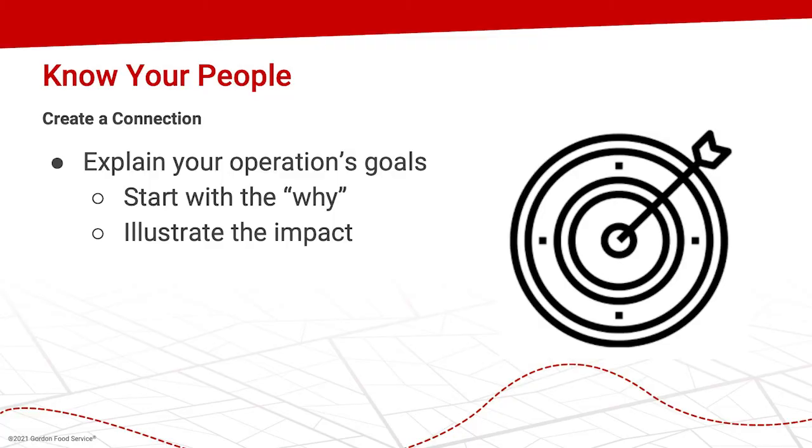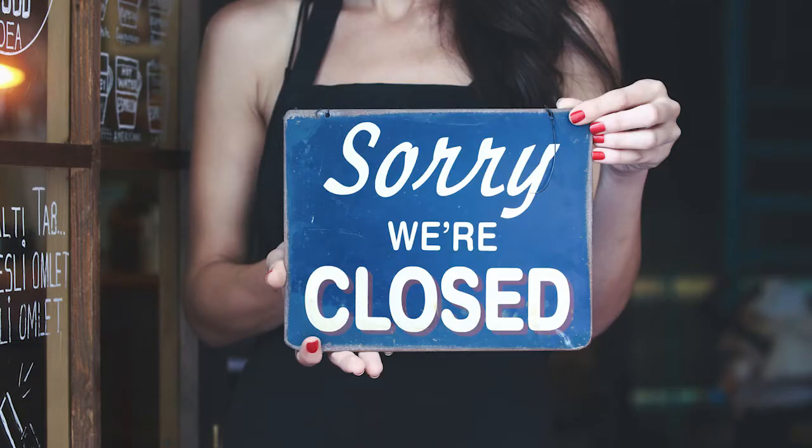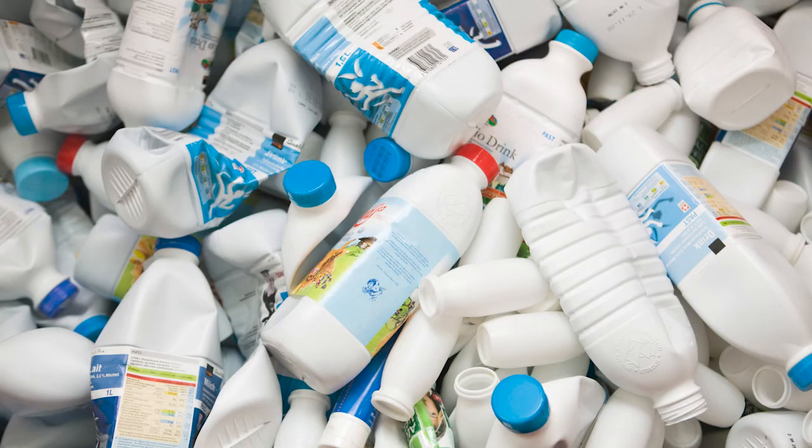Additionally, in order to get their support, allow your team to understand the why. Helping them understand the why and also the impact it can create can help them manage it even more meaningfully. For example, you may choose to share some of the following. You may have heard about the food waste that occurred during the earlier phases of COVID: restaurants closing, milk thrown away because of the lesser demand from customers. Highlight how significant waste occurred across the food service industry and supply chain. It may help your employees better understand why your organization is choosing to focus on it.